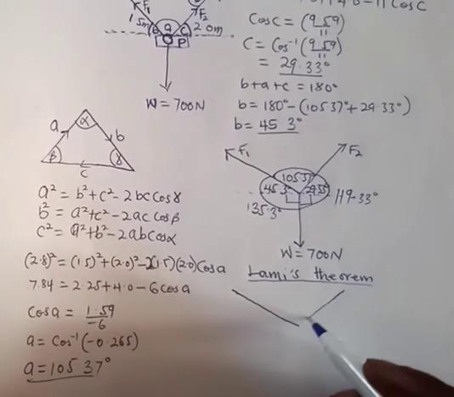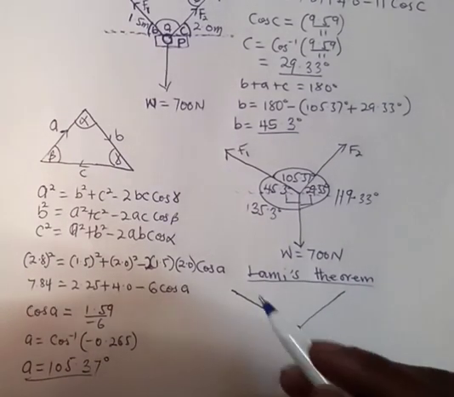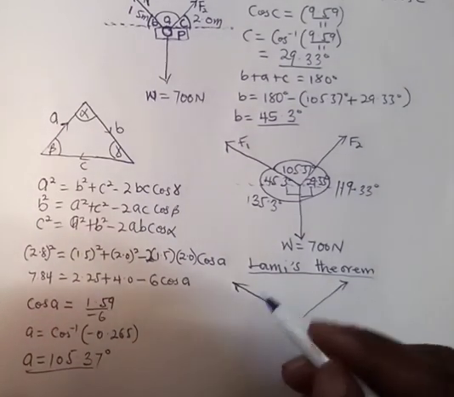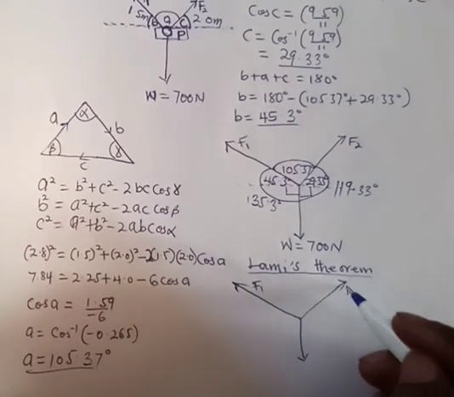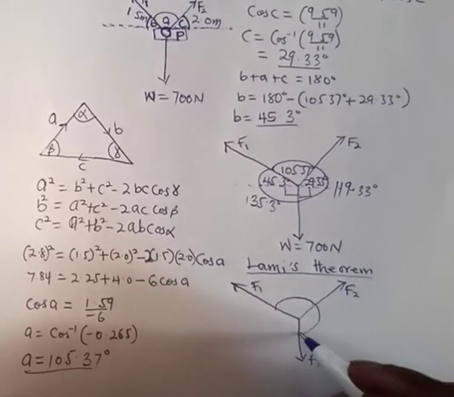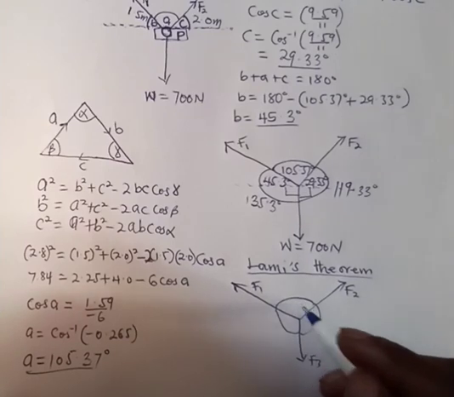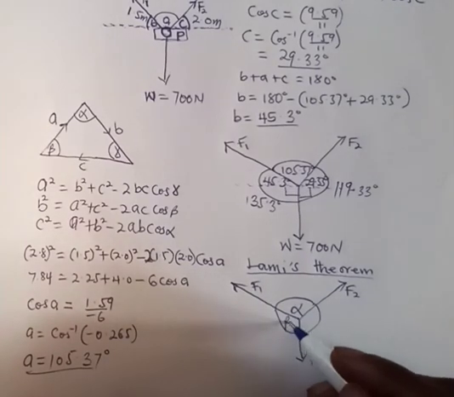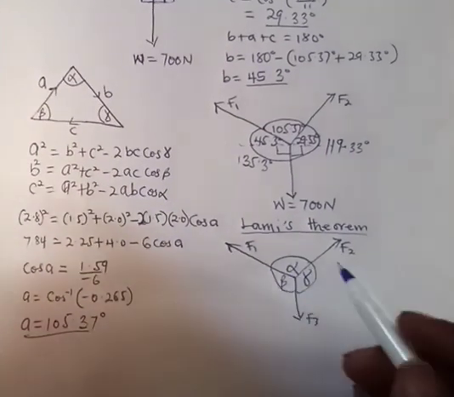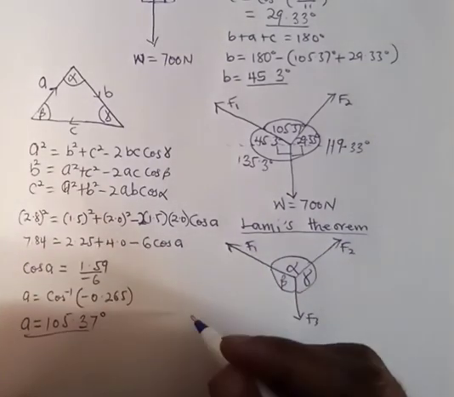forces in equilibrium at a point. So if you have this, three forces, let's say F1, F2, and then F3, and then you have these angles here. So let's say we have this angle. We have this angle. If you have these three angles, then Lame's theorem states that to find the tension or the forces,